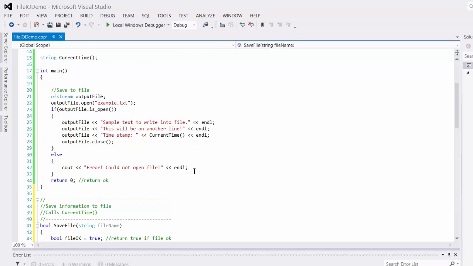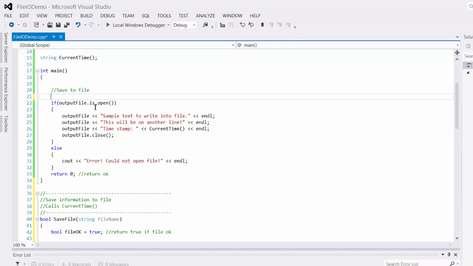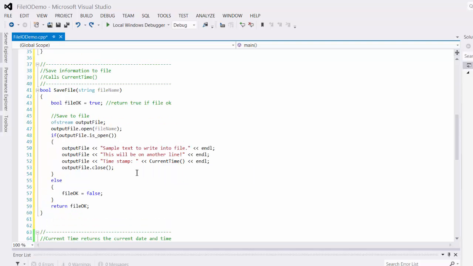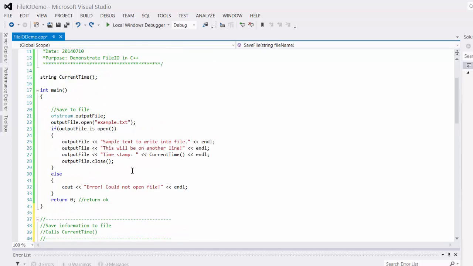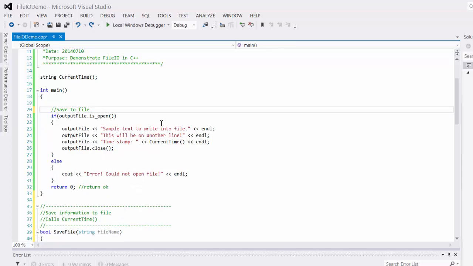And rather than doing this, we'll just call our function now. And in main, it will make this instead like this. We'll get rid of that. We'll call our save file,